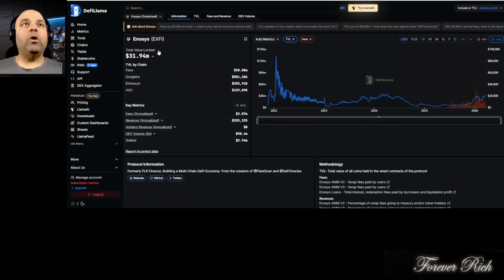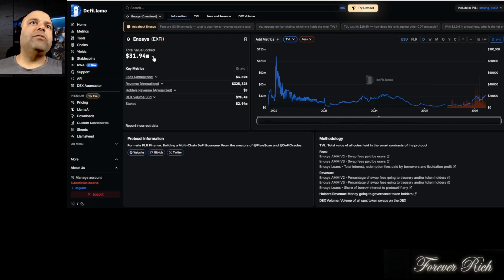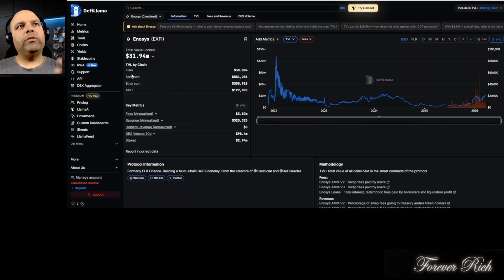In Enosys, we start with the TVL, which is 31.94 million. And as you can see, it gives you all sorts of metrics. It breaks it down by each protocol or their subchain. So it's Flare, Songbird, then Ethereum, XDC. It breaks everything down here. And it gives you key metrics right here, which is fees, revenue, holders' revenue, DEX volume, and stake. It gives you everything you need depending on what you want to look for